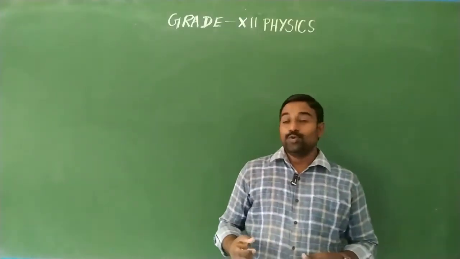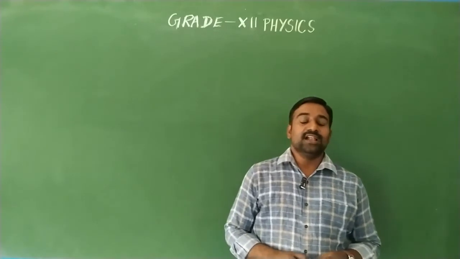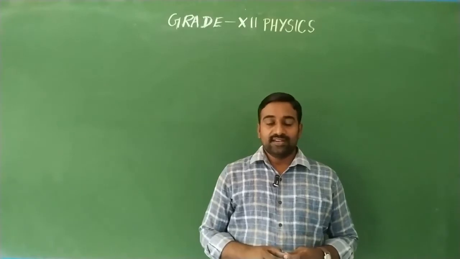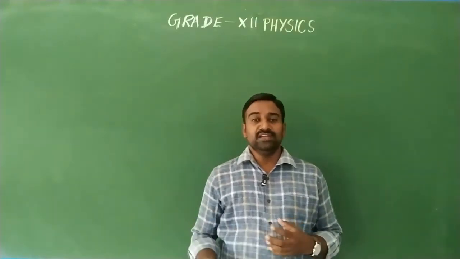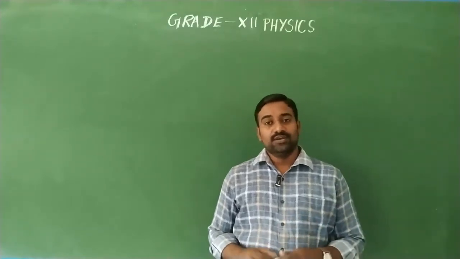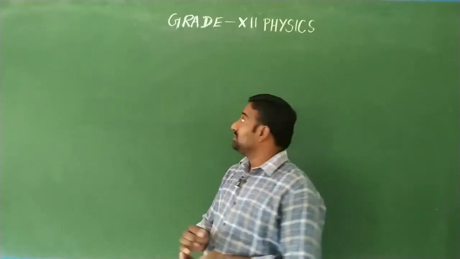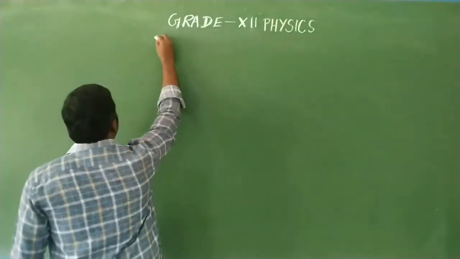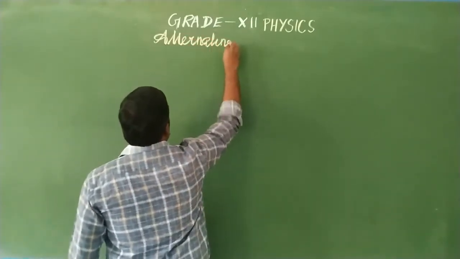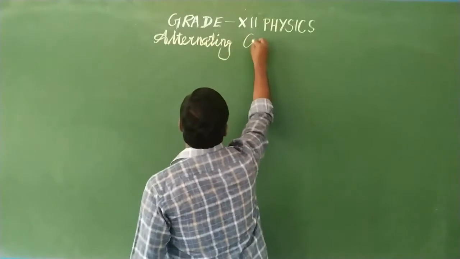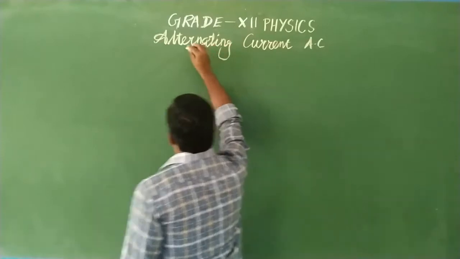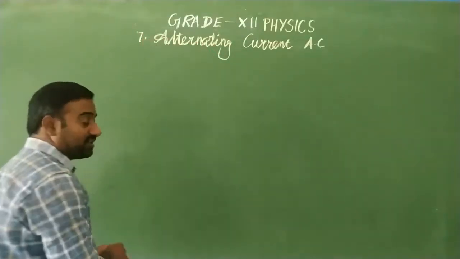Okay. So now we are in the next lesson, that is alternating current. So what is called alternating current? Before going to alternating current, we used many instruments in electric circuits. Two components are very important. What are the two important components? The lesson which we are going to discuss is alternating current, that is AC. So chapter 7, this is a very important lesson, alternating current.